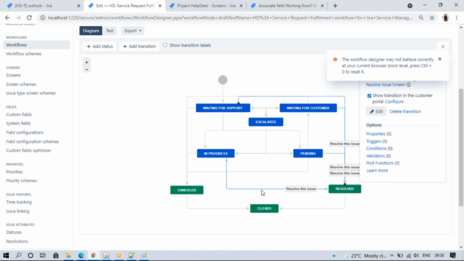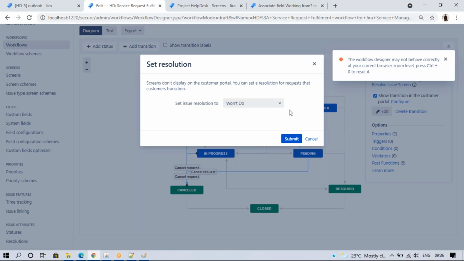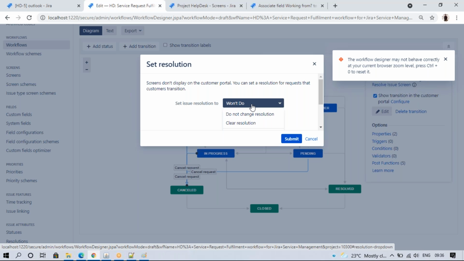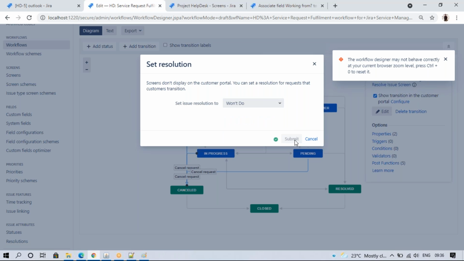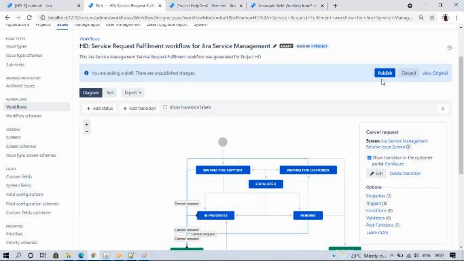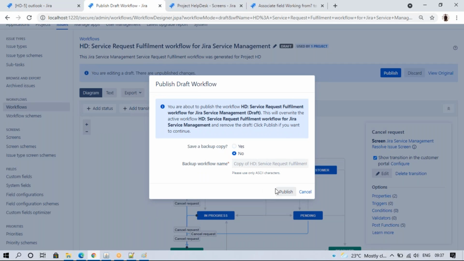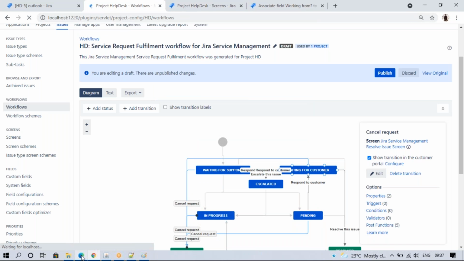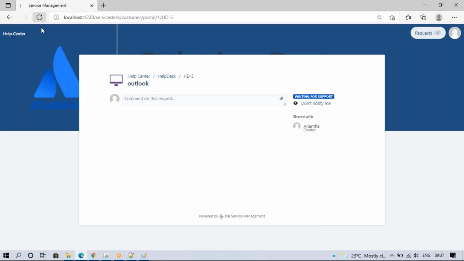So for Cancel request, I'll enable show on the transitions, with just one click. Resolution: undo, clear resolution, do not change resolution or anything, submit. So if I publish now, I can see both Resolve and Cancel. See, resolution, cancellation. In a normal case, we can receive this type of thing.